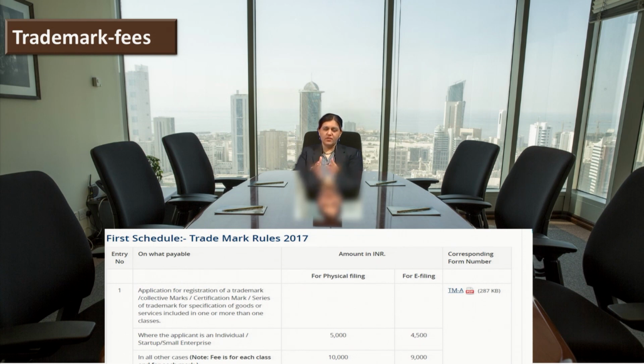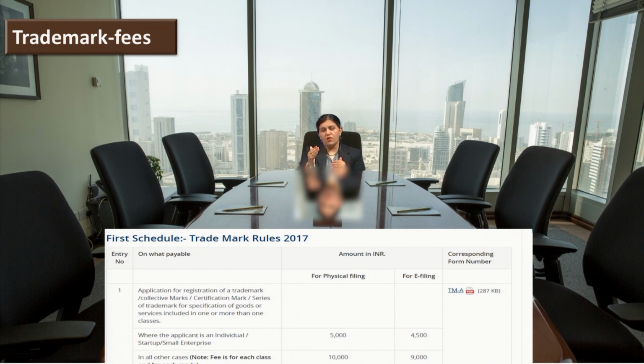Instead of 5,000, which is for offline or hard copy filing, if you file online, you have to pay 4,500 as the registration fee. Before 2017 it was 3,500. After the 2017 amendments, very good changes were made.